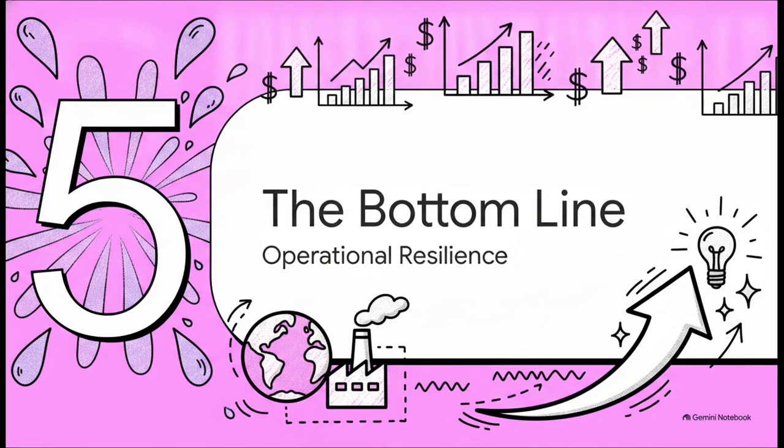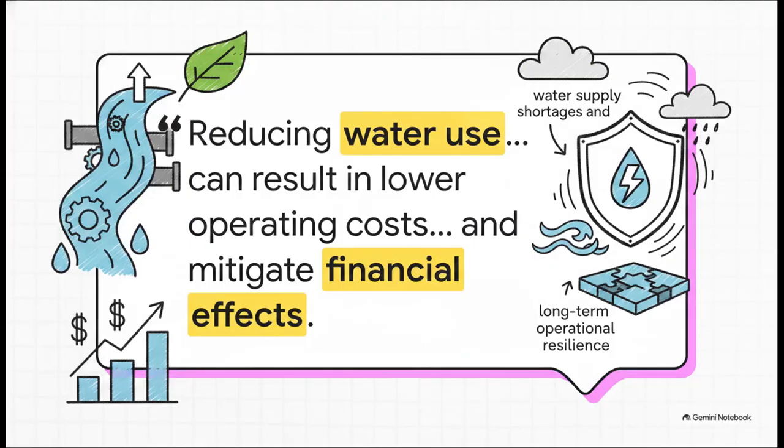And finally, Section 5, the bottom line. Focusing on operational resilience. Zooming out from the specific accounting metrics for a second, we have to ask, why does this actually matter to the market? As the standard itself highlights, efficient water management isn't just about regulatory box checking or feel-good PR. It is a core component of preserving revenue. When a packaging company reduces its water consumption through sheer efficiency, they directly lower their operating costs over time. And more importantly, they insulate themselves against the shock of sudden water supply shortages or new, aggressive environmental regulations. Fundamentally, it's about long-term operational resilience in a rapidly changing world.